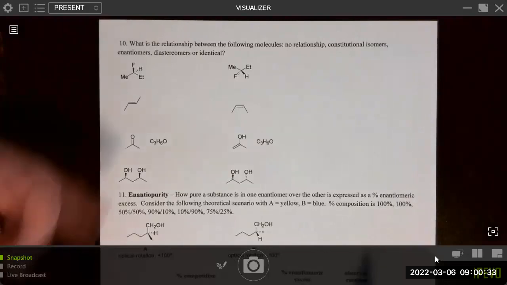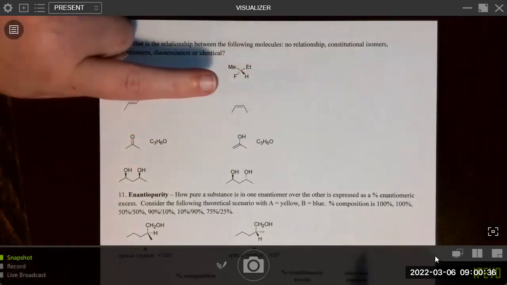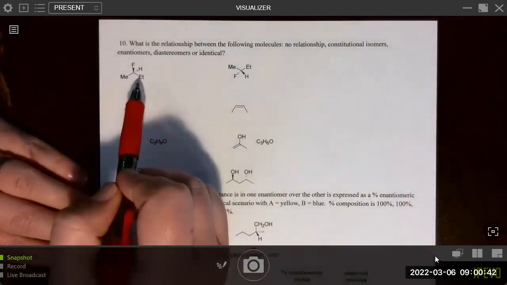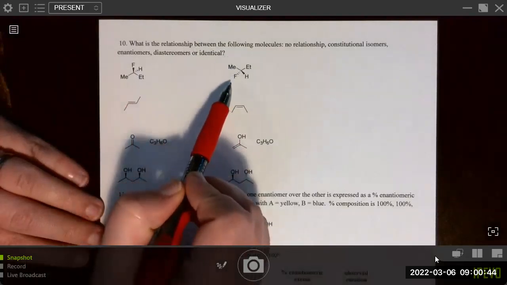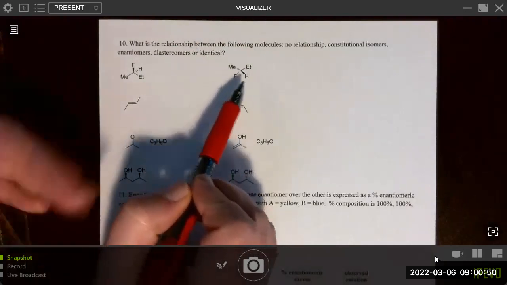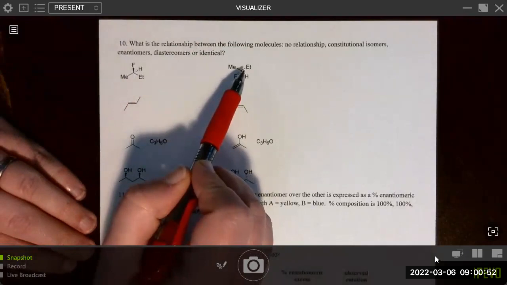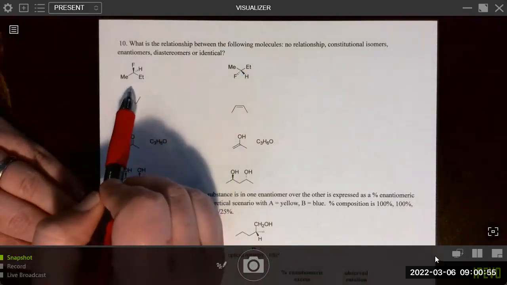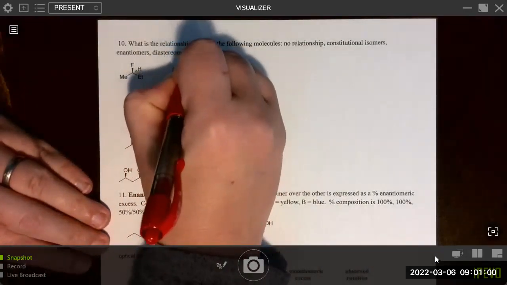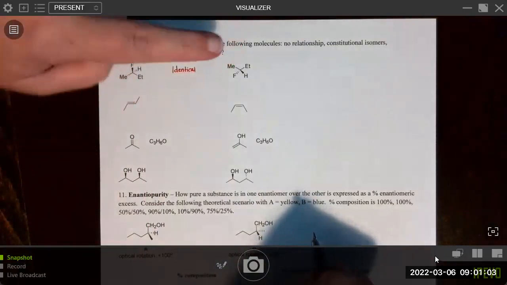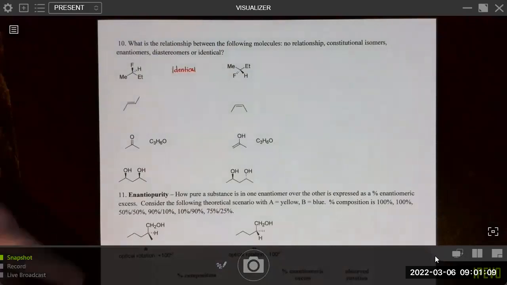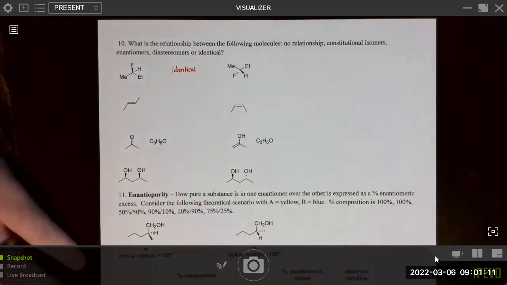So maybe if you can imagine taking this one and flipping it over, like flipping it like a pancake. If you do that, the ethyl will rotate down here to where this ethyl is. The methyl will rotate down here to where this methyl is. Remember that these will switch, because we're flipping it over. So the fluorine will come out at us and the hydrogen will go back, which is exactly what we have here. These are actually identical. And I can tell that by just flipping this over like a pancake and then superimposing it on this one in my mind. But if I want to double check, I can do that with the R and S configuration.